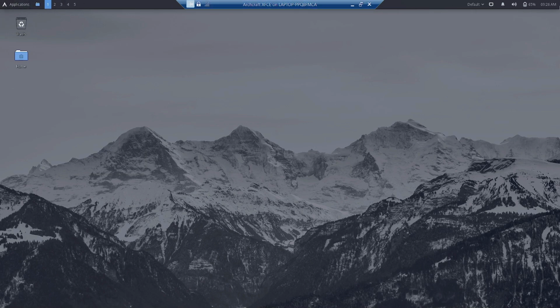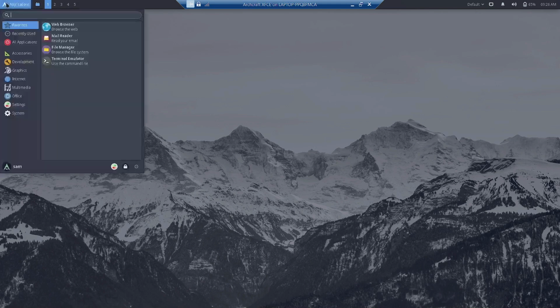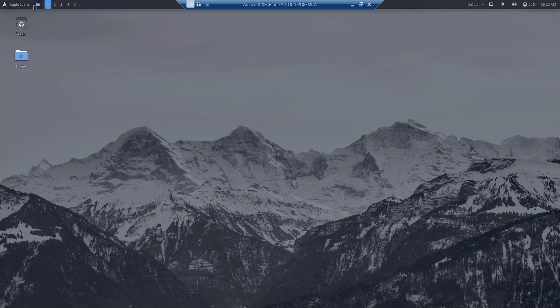You got this XFCE panel at the top. You got this application menu. Then there are direct icon links to directly access the file manager. You can directly open the terminal. You can create a folder. You can even create a text document from here. Then you have got these workspaces. So 5 workspaces are there,